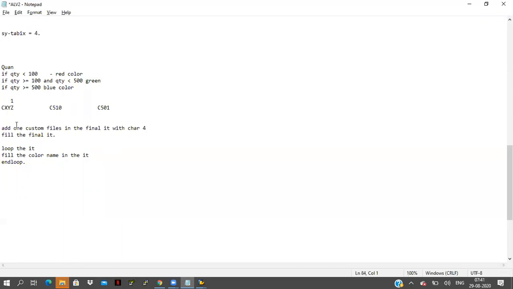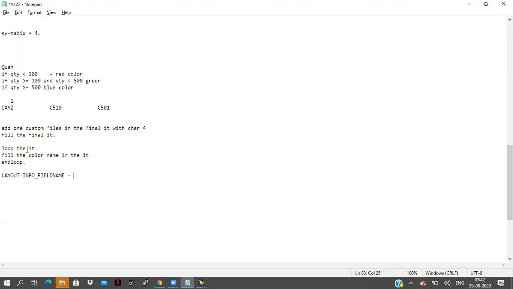And here what I'm doing, first of all, I'm taking one extra column, one extra field in the final internal table, and after that I'm filling that internal table, and after that I'm looping and end looping. I'm looping that internal table and filling the color field here. So in that loop only I'm modifying the internal table. And after that, in the layout, info underscore field name I'm taking.